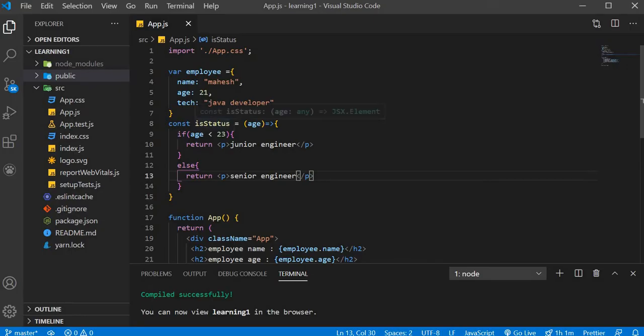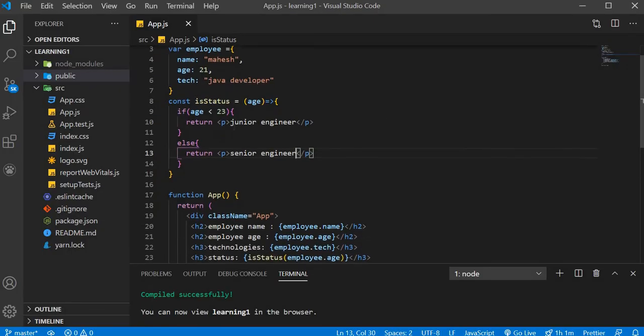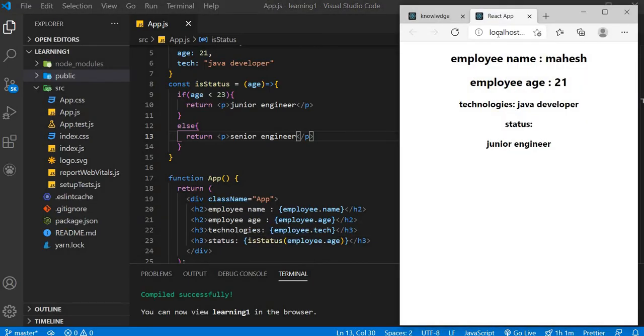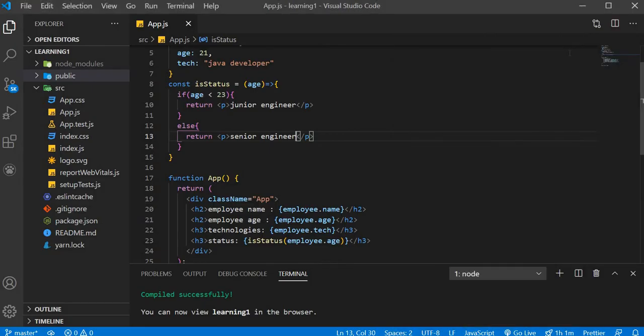You can see. Now call this function, status. We are calling this function here. Now see the output. You can see the output is the same as the previous one because instead of the traditional function we have used an arrow function this time. Now we will see types of components in React.